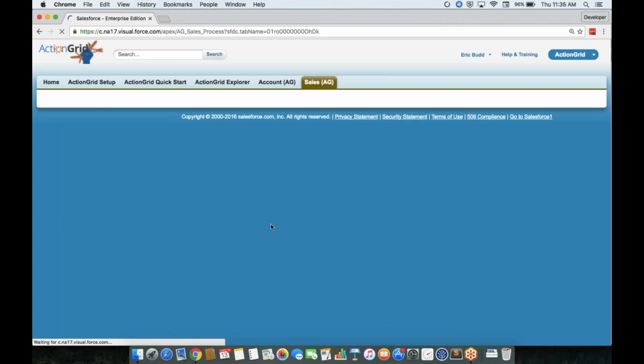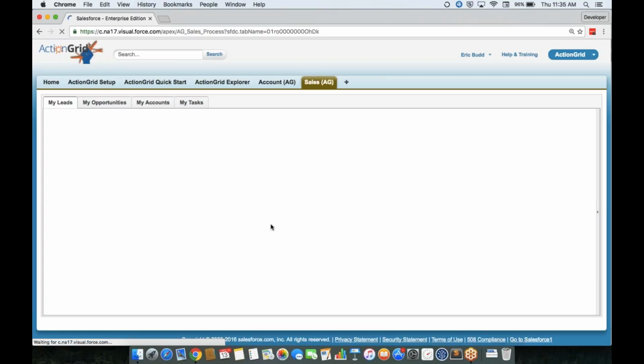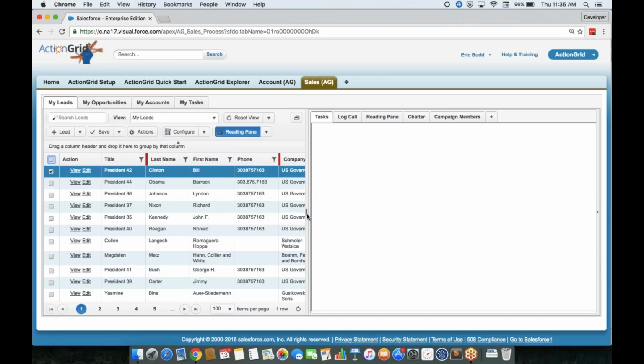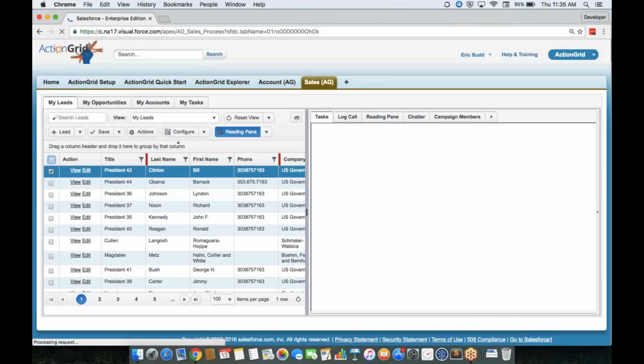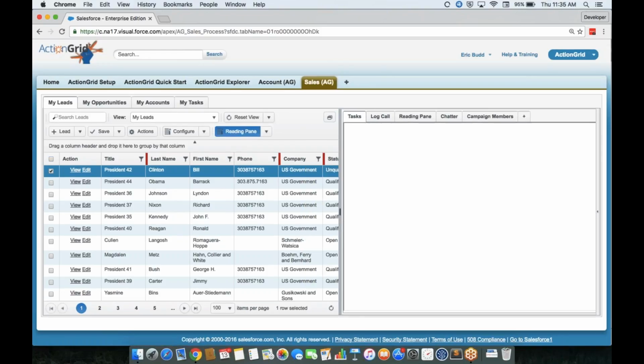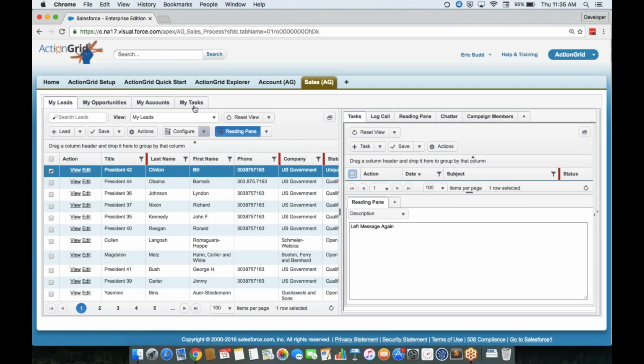And without any additional setup, this is really made to do a default sales team setup where you may be organizing leads, opportunities, accounts, that whole workflow,